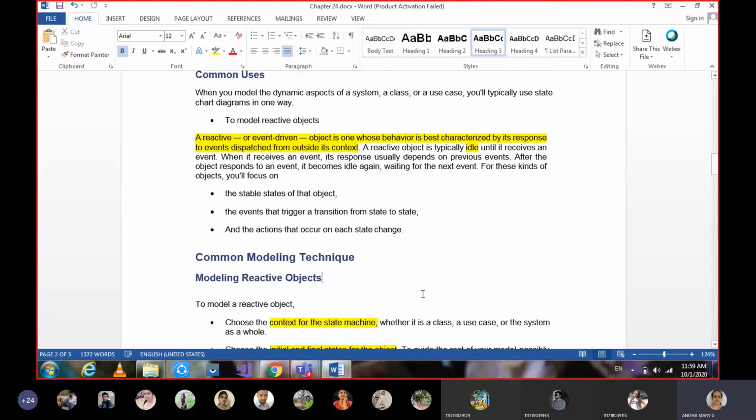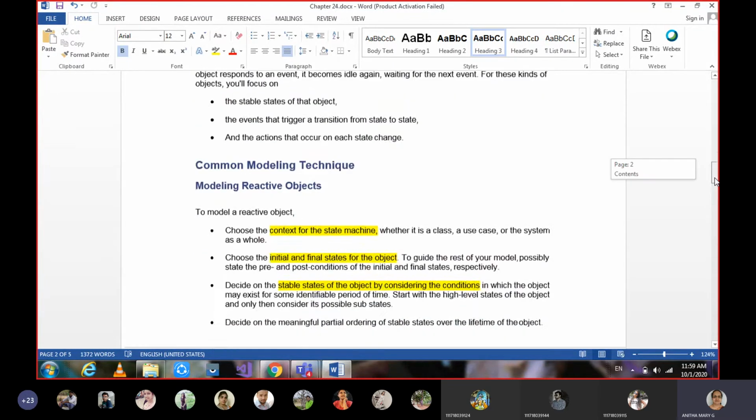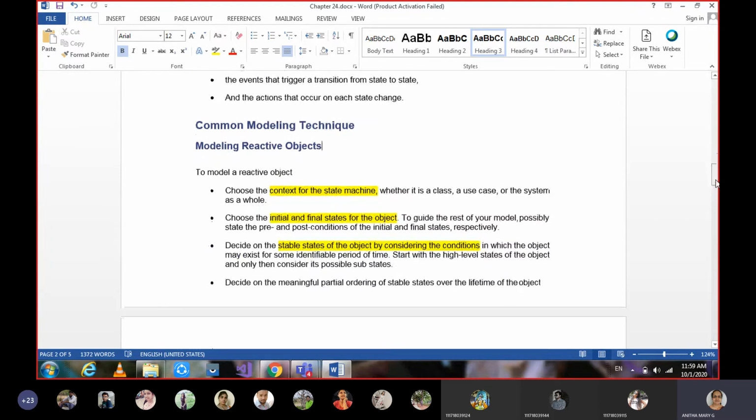Yeah, ma'am. Okay. Just remember that it's an idle object. Based on the event or action performed on it, it is going to act accordingly. That is what you have to remember about reactive objects. That is the only one common use.